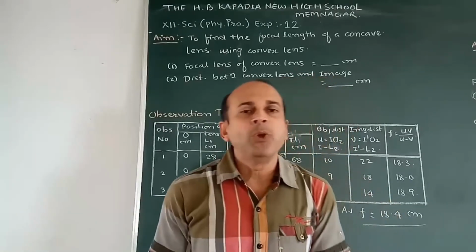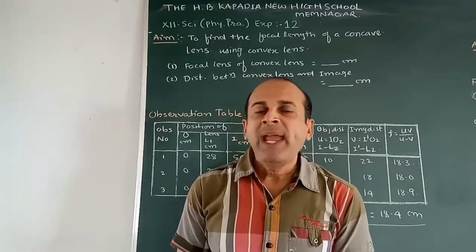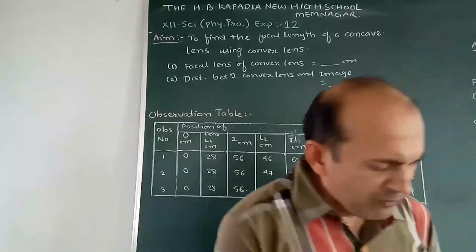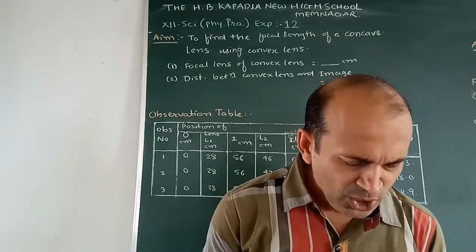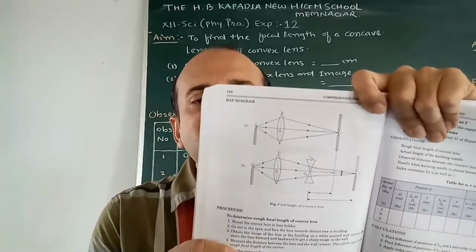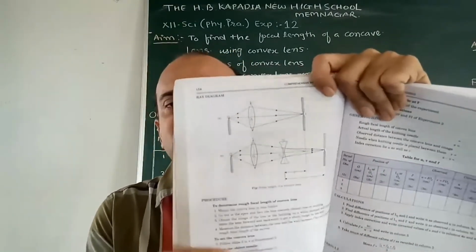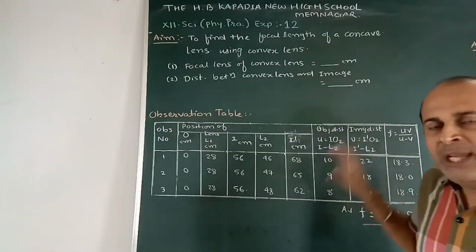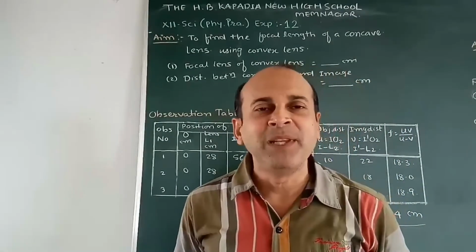Students, please note down all these readings in your record book first. Do this calculation in the record book and also complete your journal. Again I am showing the figure which is here. You will draw the figure, the ray diagram. This is the ray diagram for this experiment. Students, please draw this ray diagram and fill up this observation table. You have to write this entire observation table in your journal. So do this calculation and complete the experiment. There is no graph in this experiment, so please complete this journal.